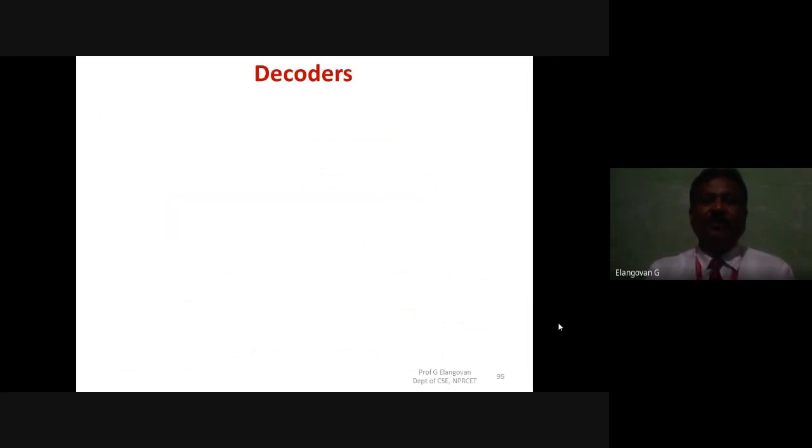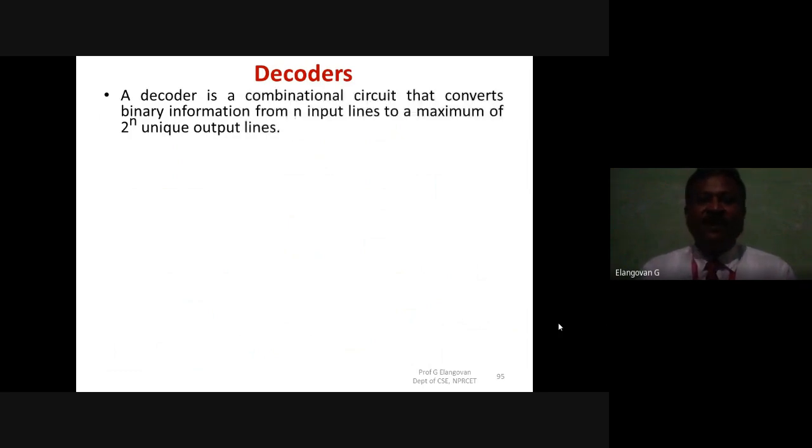So first we will understand what decoders are. It's a combinational circuit. It converts the binary information from one form to another form. If you are taking a decoder, there will be a certain relationship between input and output. If you have n number of input lines, you can have a maximum of 2 power n unique output lines. So underline the point here, the maximum. That means you can have the minimum also. So if you have n number of inputs, the maximum possible unique output lines are 2 power n.